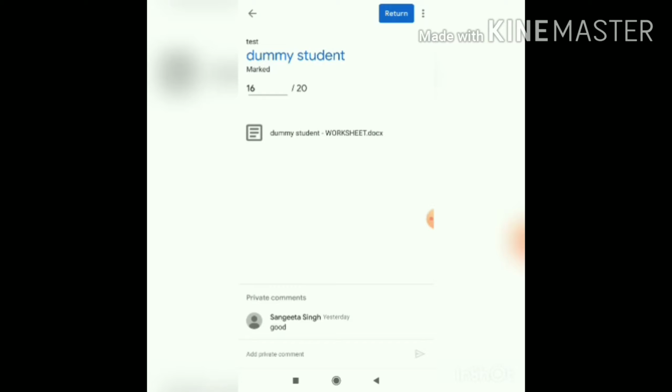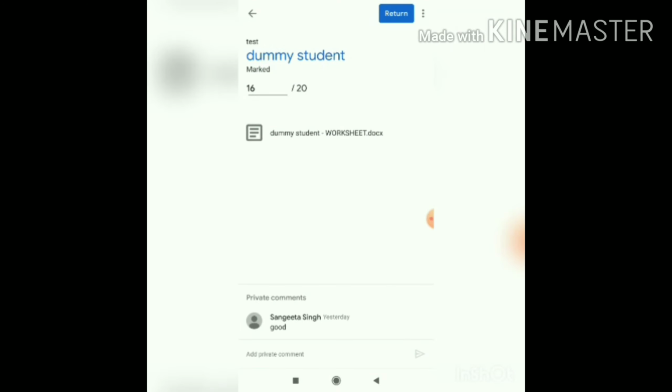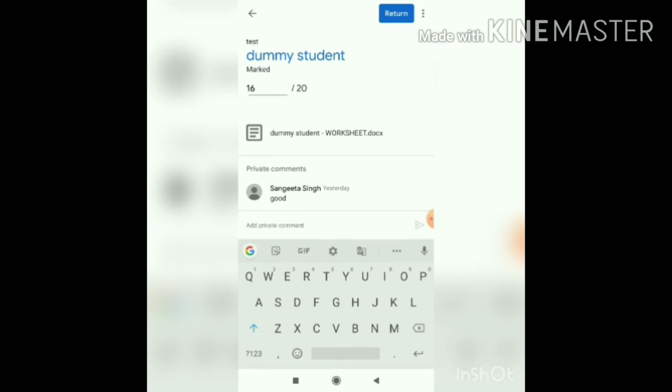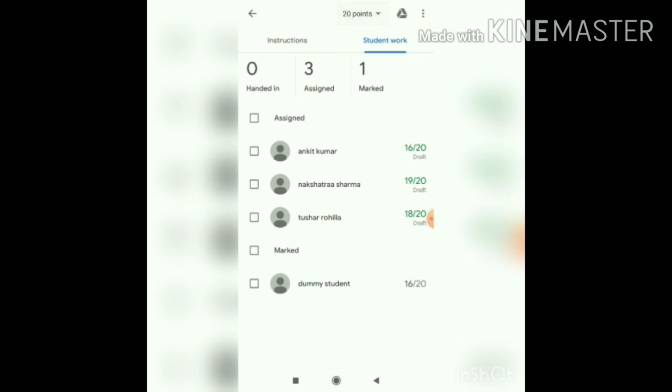This is his worksheet, which I will click and I will get the worksheet of the student. And the private comment I have added there means you can add any private comment here for the student which he can see only. Like Ankit Kumar, I will allot 16 by 20 marks, but I have not returned it. It is showing assigned but not returned. I have assigned the marks but I have not returned back to Ankit. So I will press on this return button. The marks will be assigned to him. So this is his worksheet, and I can add a private comment that you can improve or something like that, if I want to add.